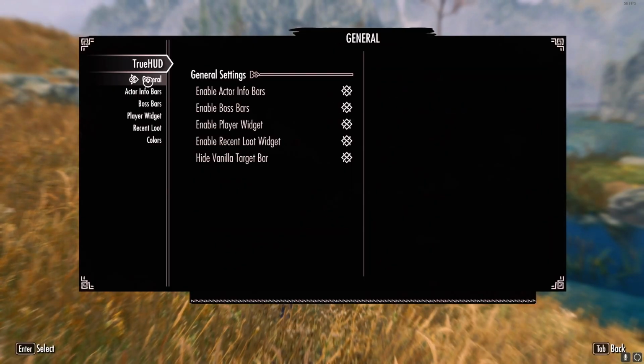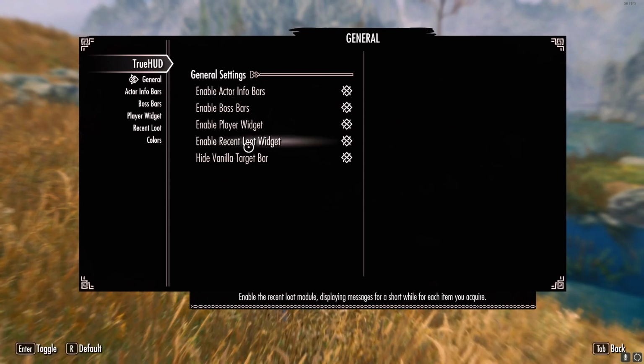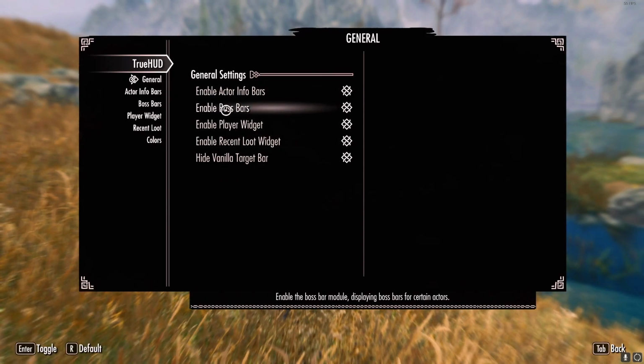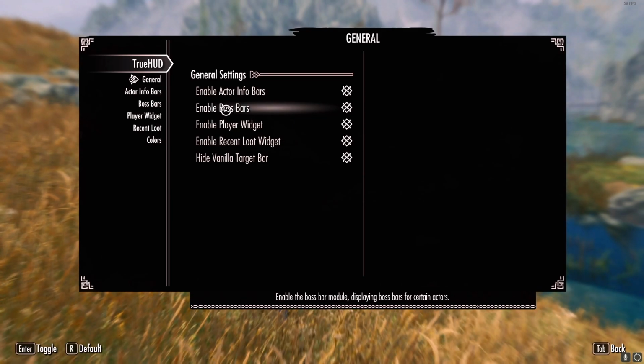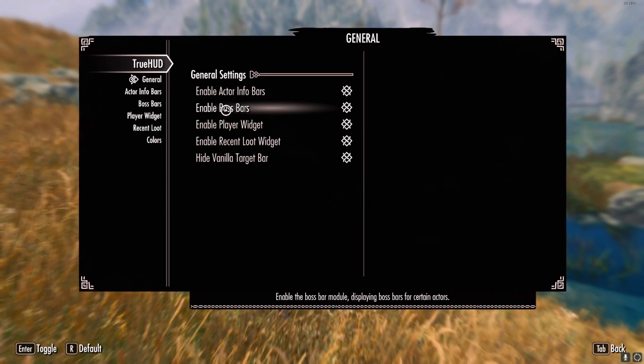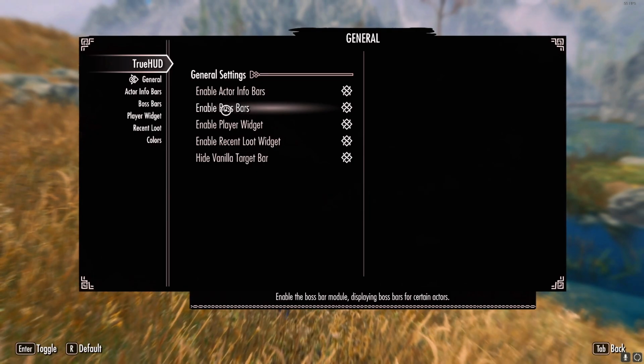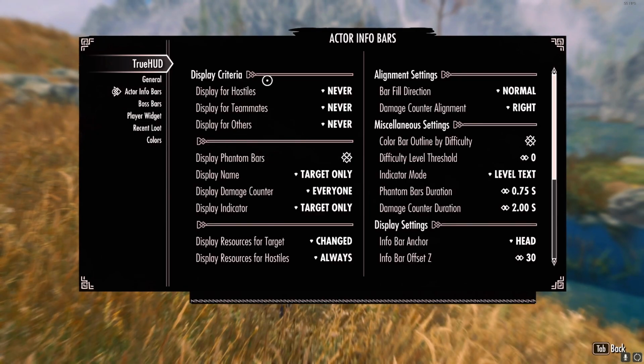Now, as you can see, you also have plenty of other options that you can enable. You can enable boss bars, so you will get very big, cool boss bars in the middle of your screen when you're fighting an enemy. Some of the info bars, you can tell, target bars,